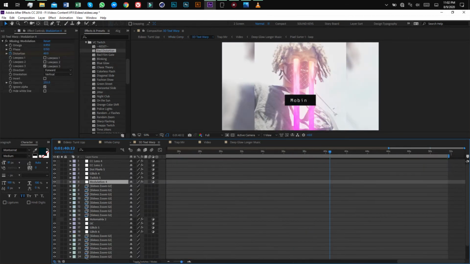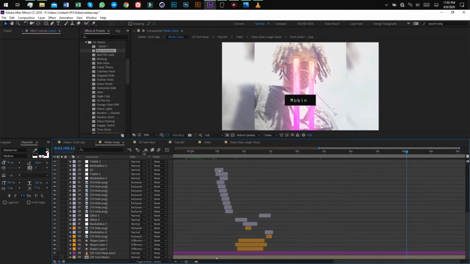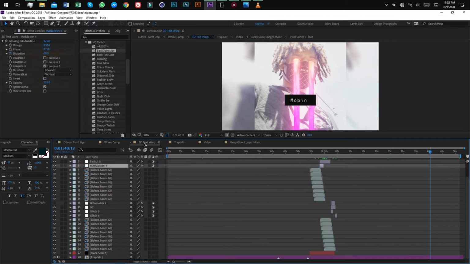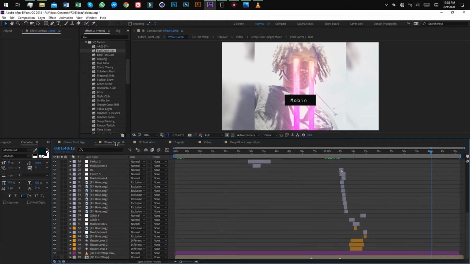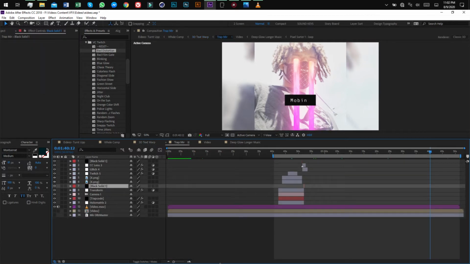When you look at this whole comp for an example, here were the 3D warp, that was there. And then the trap code mirror was here. If that gives you any type of context,